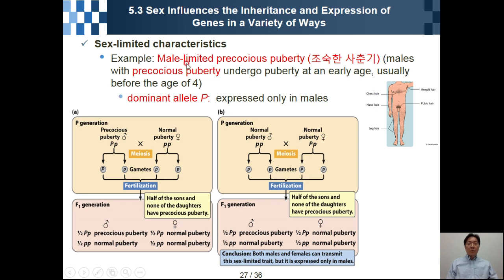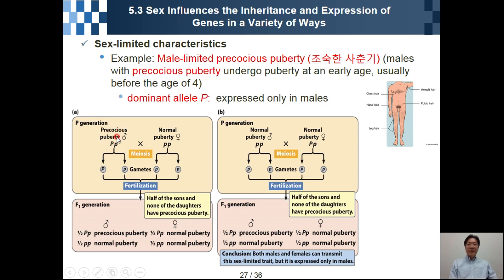But which has the male with the precocious puberty undergoes puberty. So where their age is 4, they will have pubic hair, they will have chest hair, something like this. So dominant allele large P is dominant, but only expressed in the male. Okay? For example, in the parent generation, father has experienced the